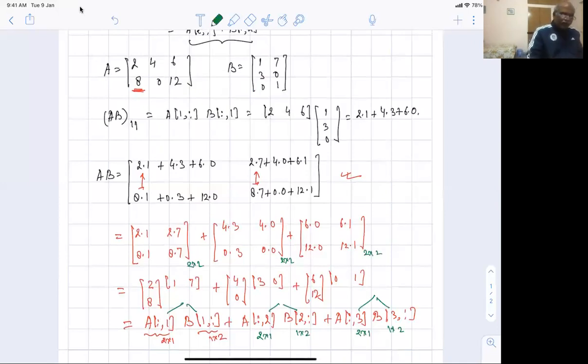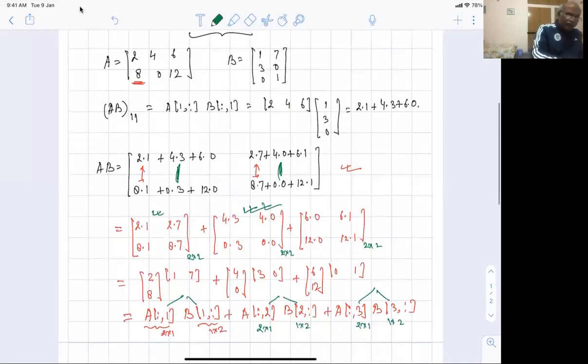Fine. And how did I get it? Understand again. This is coming with the red one. This one is coming with the green one here. 4303 and 4000. Fine. And the third one is whatever is left out. Is that okay? So I have got this as a matrix multiplication.